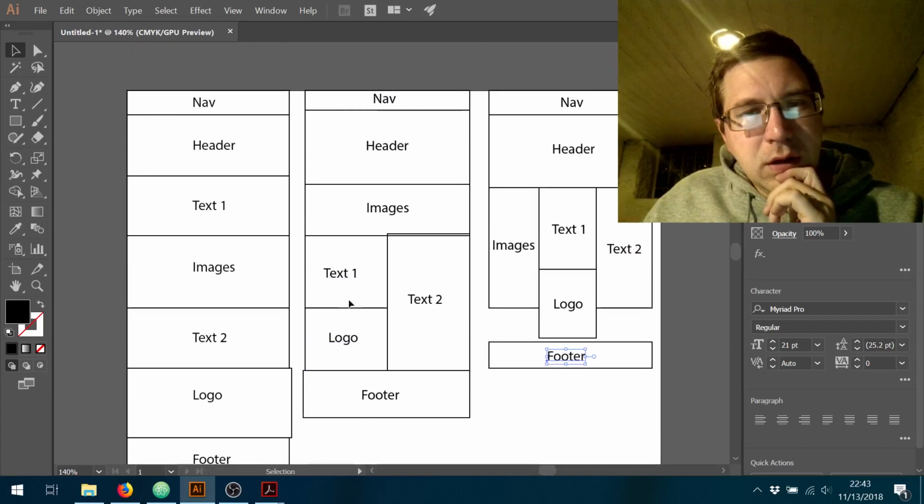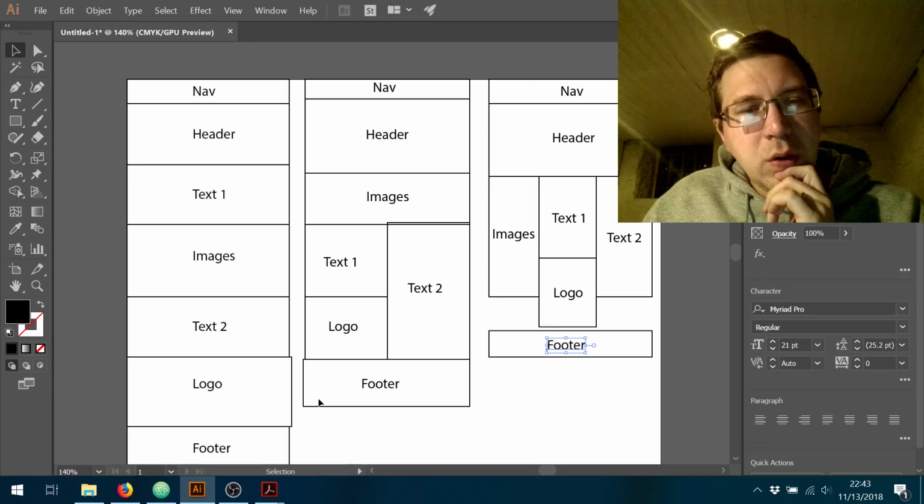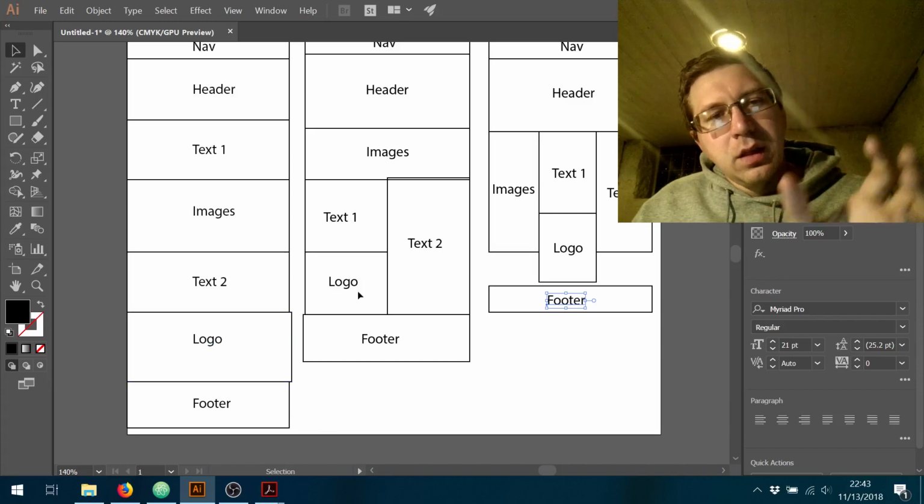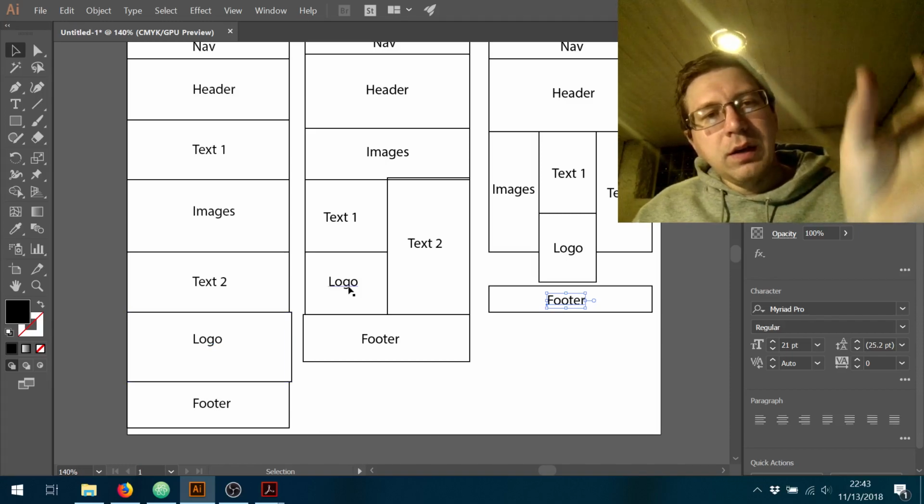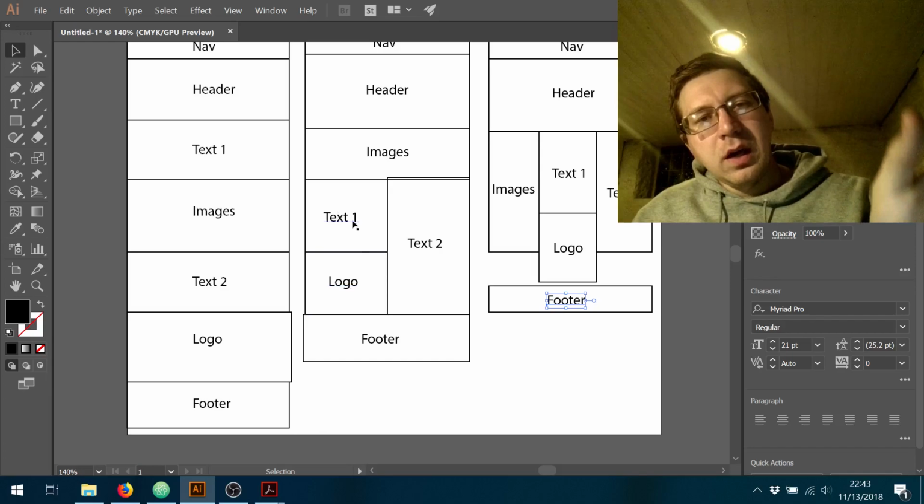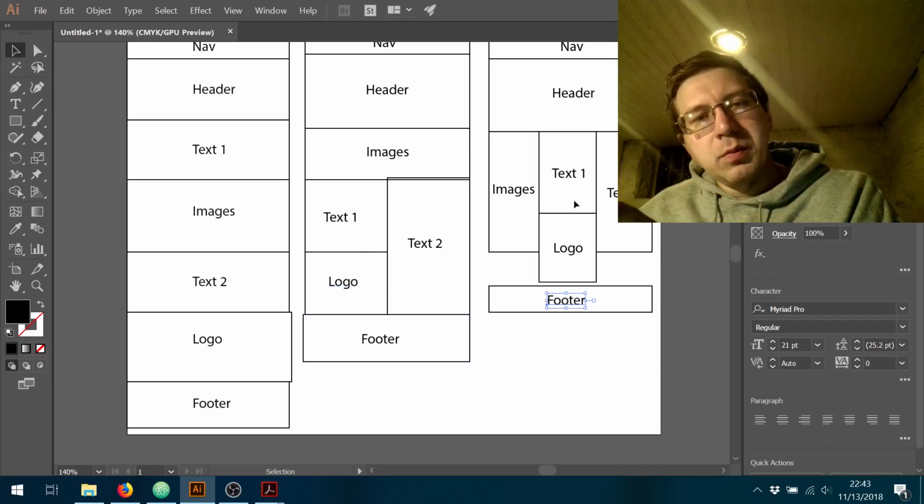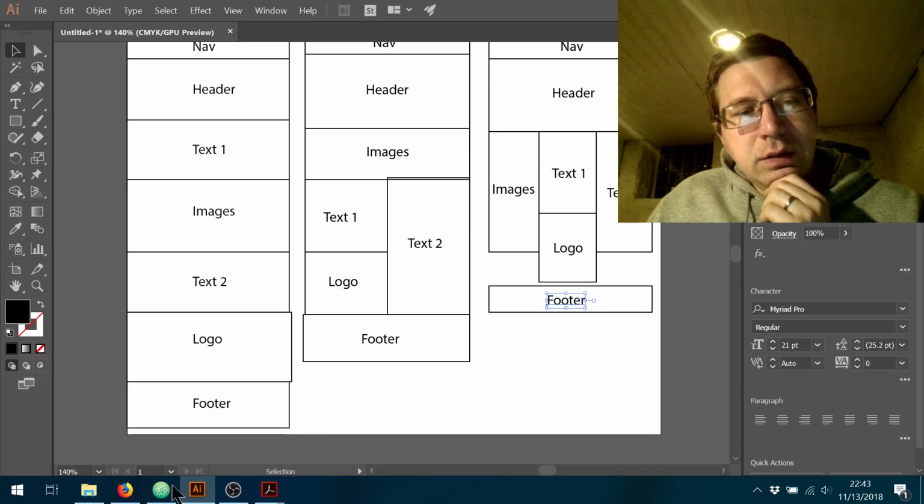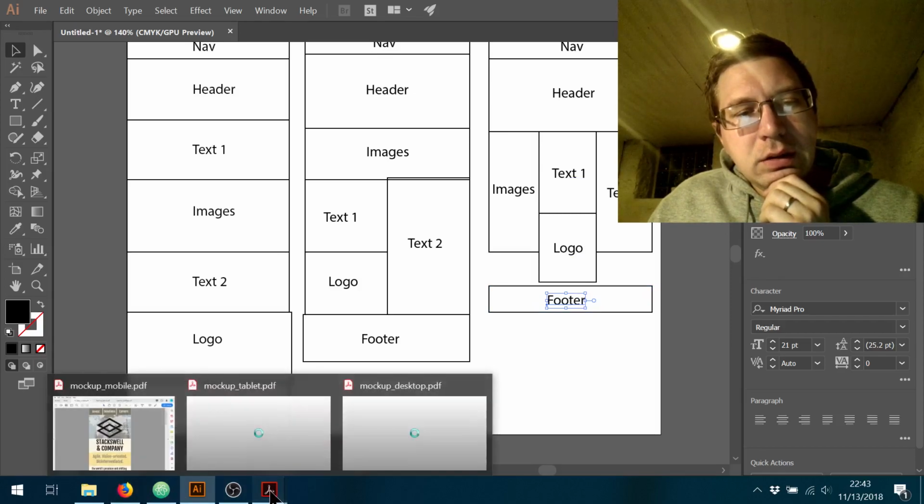The other kind of tricky thing is this logo. So in the mobile, the logo is just sitting here on the bottom. Then it becomes part of the left column along with that text. And then it becomes part of the middle column with that text. And if you're looking at the